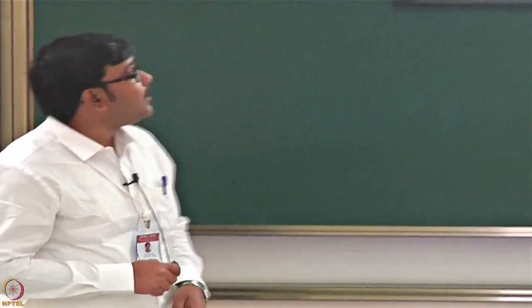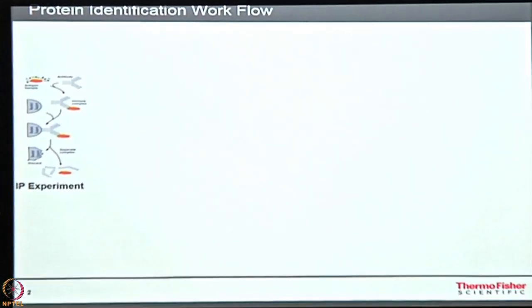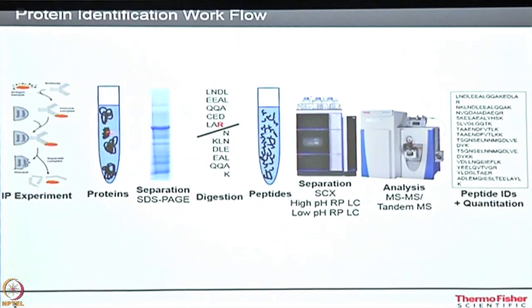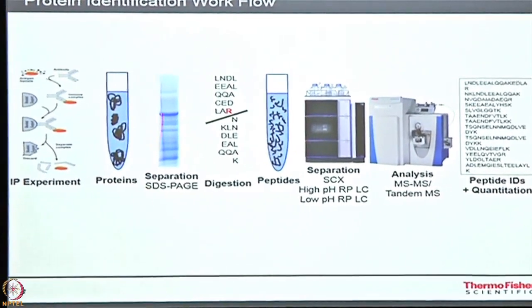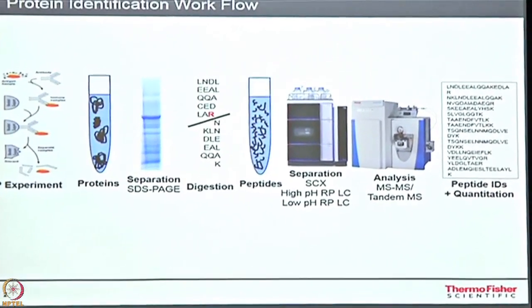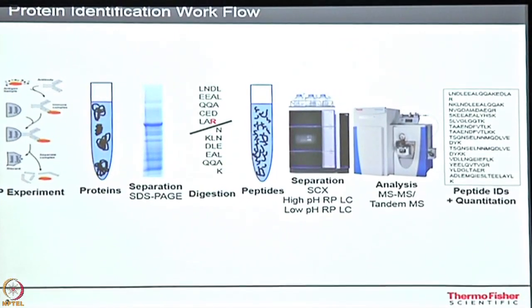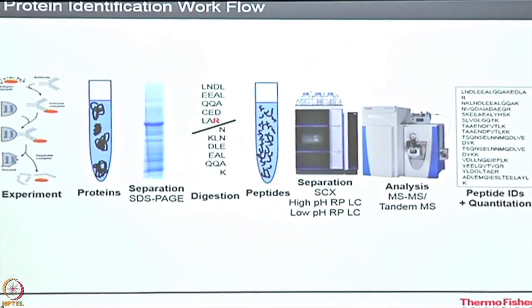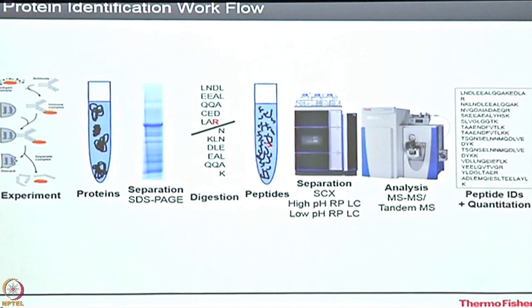So already you have done this experiment. So you have precipitated the protein and you have the protein. So what is the next step? Next step, either you start with this protein, you can run a SDS page, or in a solution you can digest the protein with some protease, for example trypsin, which cuts after arginine and lysine. Then it makes a peptide mixture. So those peptide mixture is fractionated through LC and introduced to the mass spectrometry, where you get the masses of those peptides. And now you search against some database using some search tools, you identify those peptides.